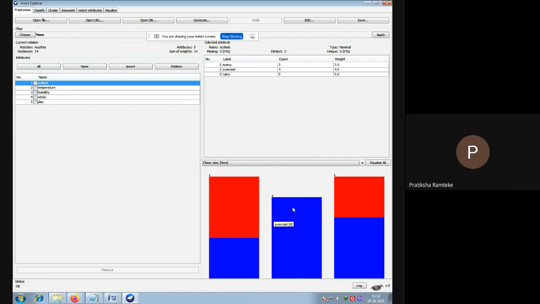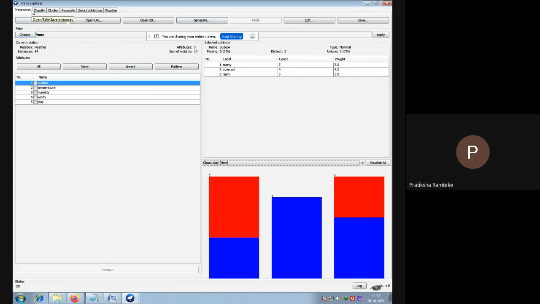And for overcast, the value is yes, and their count is 4. And in rainy, if the play value is no, then the red graph is shown. And for the yes value in rainy, the count is larger compared to the no value. So that is on preprocess.